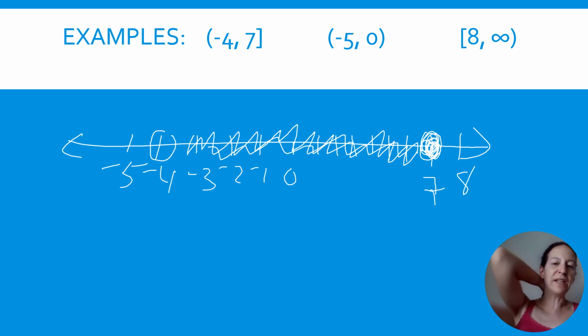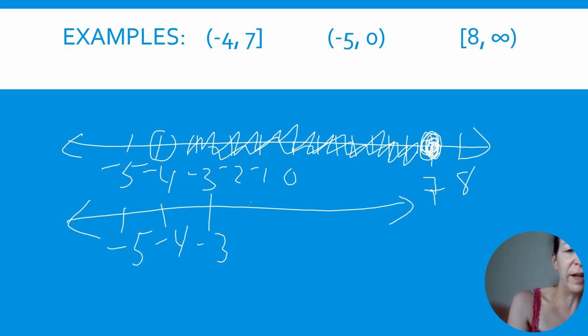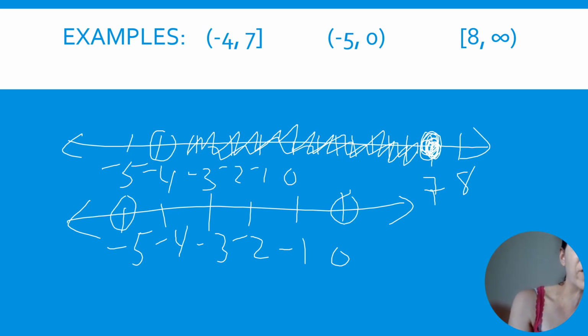The next one is (-5, 0). So we have -5, -4, -3, -2, -1, 0. And in this one, they are both in parentheses, which means neither of the endpoints are included, but everything in